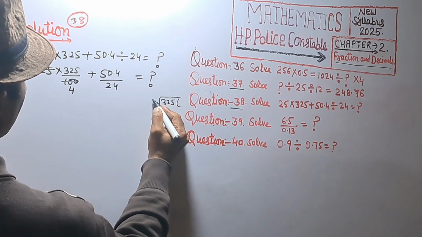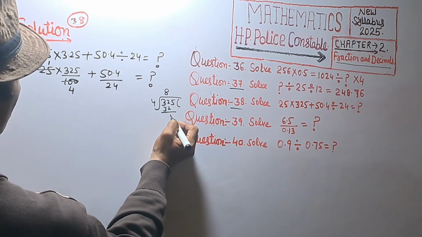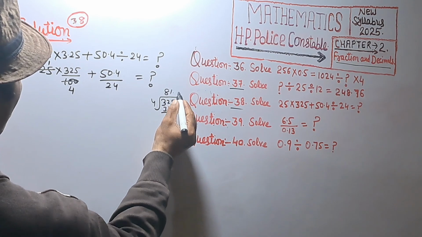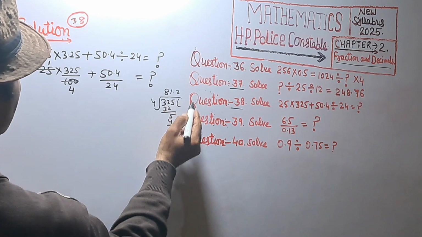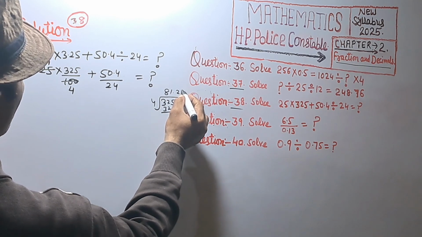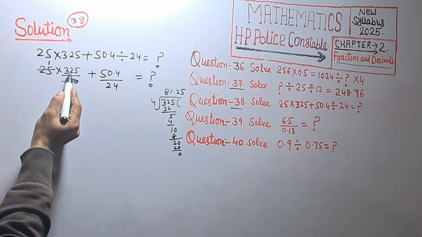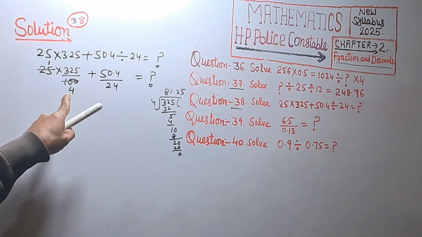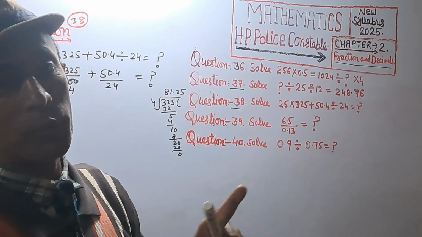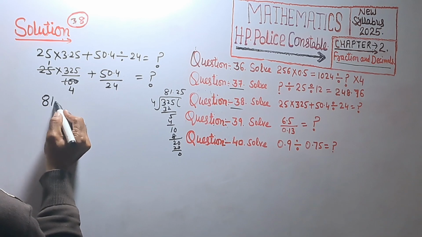325 divided by 4. 8 fours are 32, 5, 4 ones are 4, 1.0, 4 twos are 8, and 2, 0, 5 fives are 20. So 325 divided by 4, the answer will be 81.25. That is 81.25